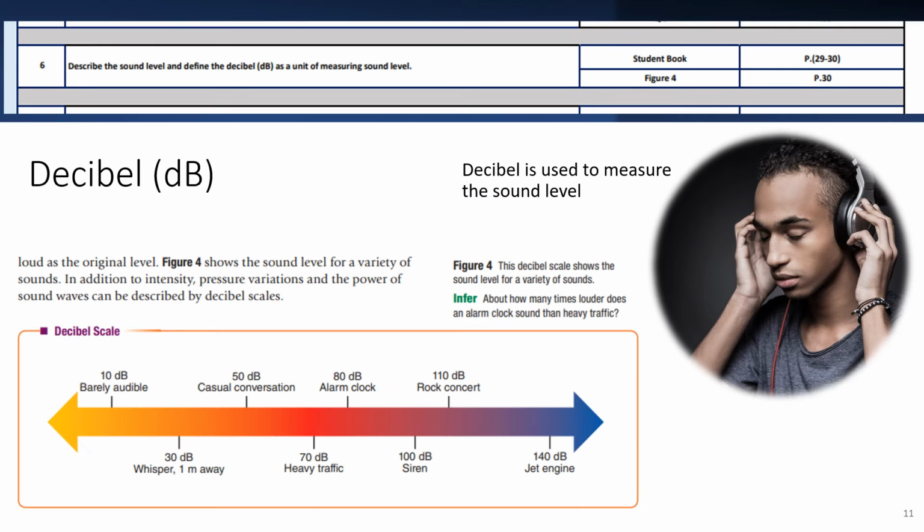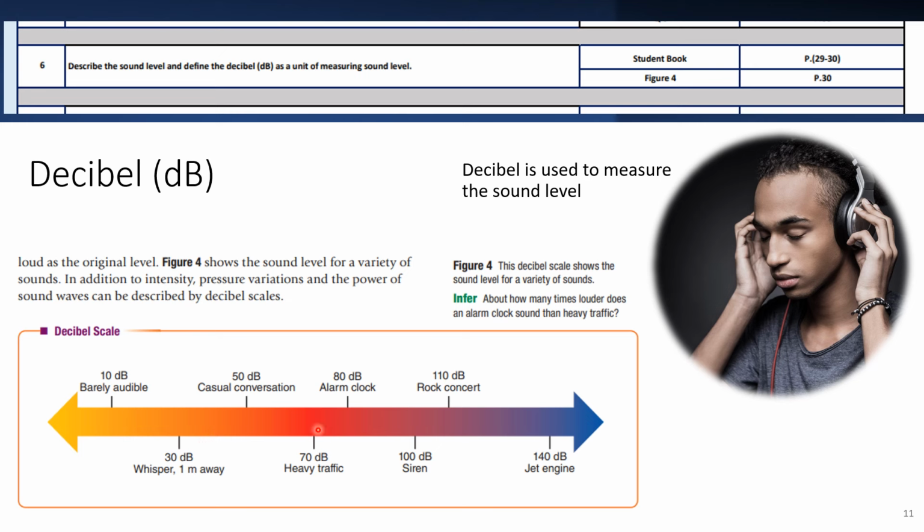Still with the sound wave. Here we have to describe the sound level and define the decibel as a unit of measuring the sound level. So please take note, decibel is always describing the sound level. And here in the spectrum in the book they gave us an example in differentiating between sounds from 10 decibel,